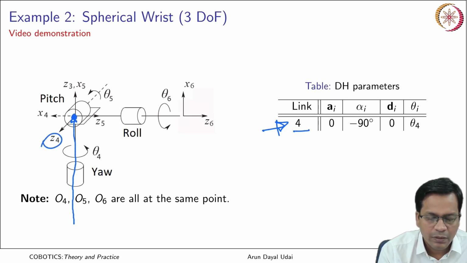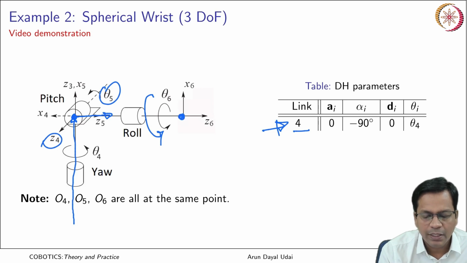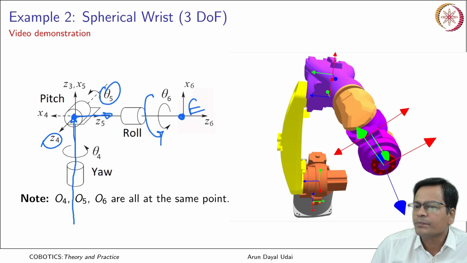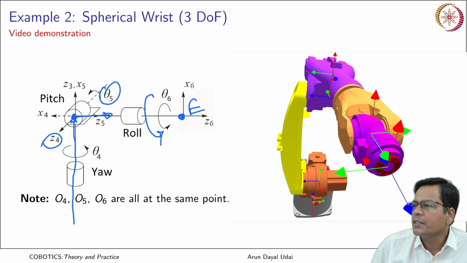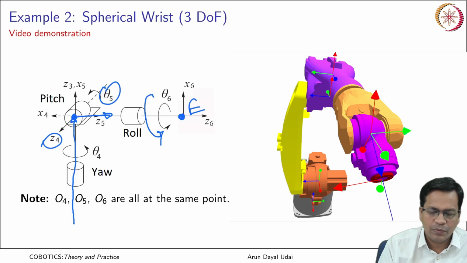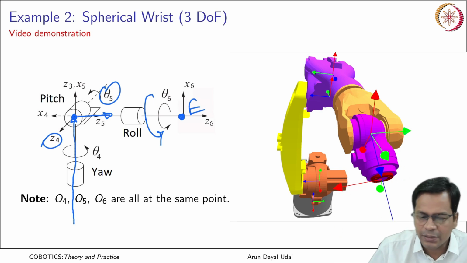The fifth link is moving about Z4, and Z5 is here, that actually moves the 6th link here, and finally it ends at the end effector over here. Let me just recapitulate this. You see, this is your 4th one, and you have the 5th one, theta 5, and finally this is your theta 6. So you start with frame 0, 1, 2, 3, 4, 5 and 6, that is the last frame.